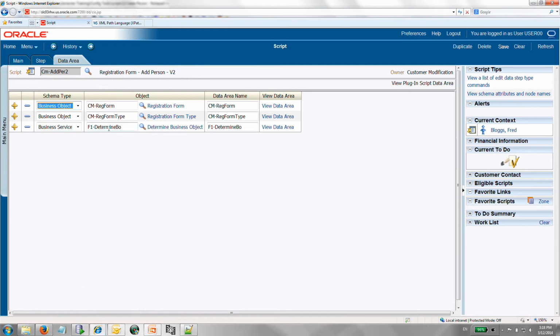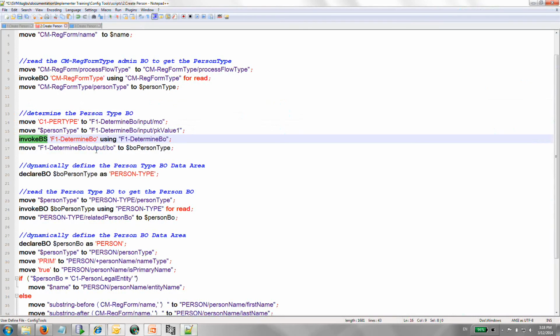And the business service responsibility is to actually give as an input a maintenance object and the primary key and come out with the business object. And that is what we have over here. We're invoking a business object and we're getting the BO of the person type. So now I know for specific person type primary key, I now know the BO, and once I know the BO, I can